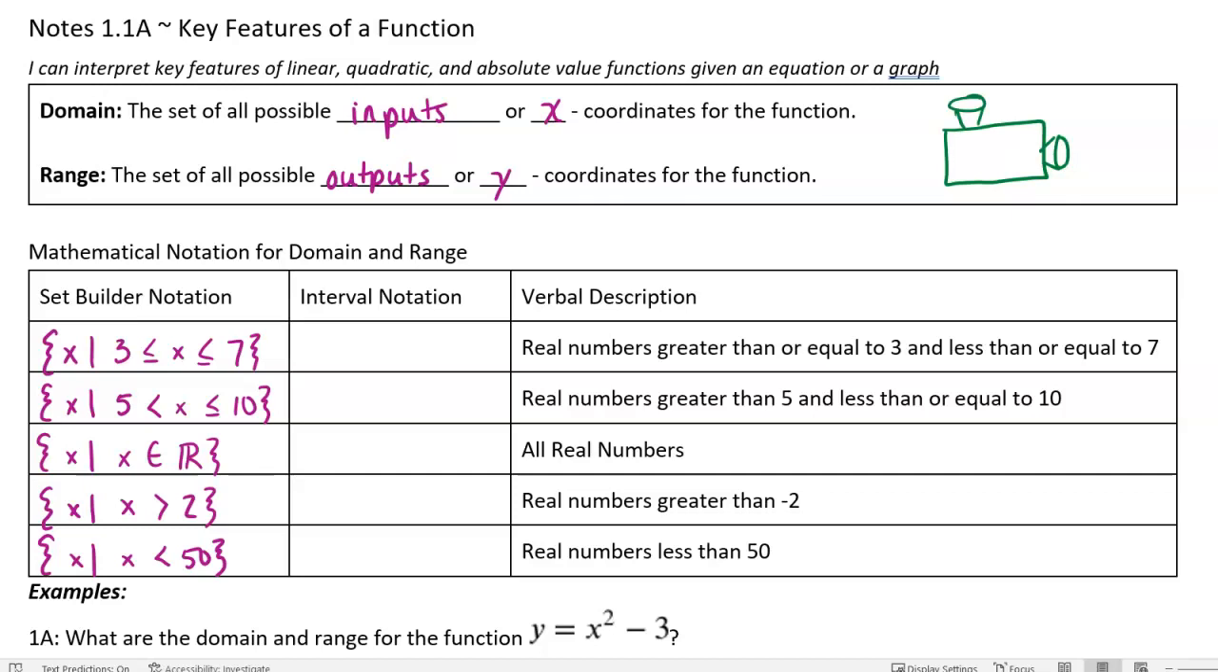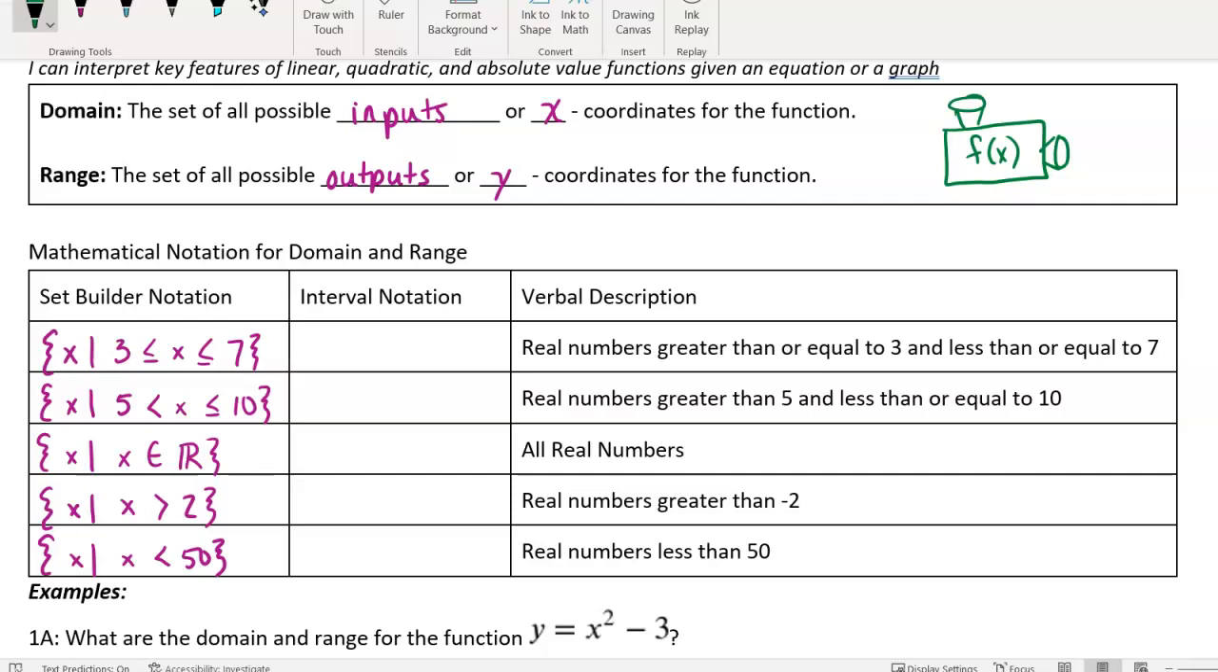The domain is referring to the set of all possible inputs or x-coordinates for a function, and the range is referring to the possible outputs or y-coordinates for a function. So over here to the right, I have this little green, kind of weird looking box type thing. This is what we're going to call a function. So what could happen is we could have an